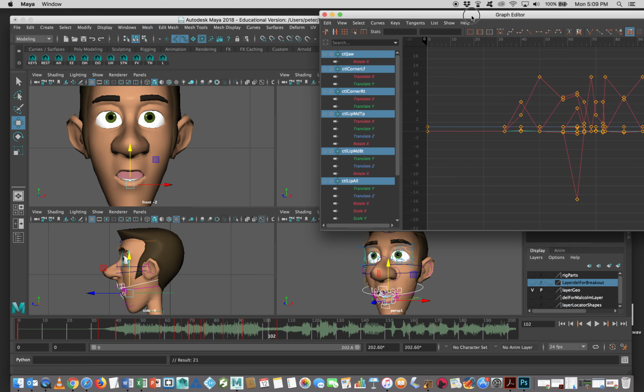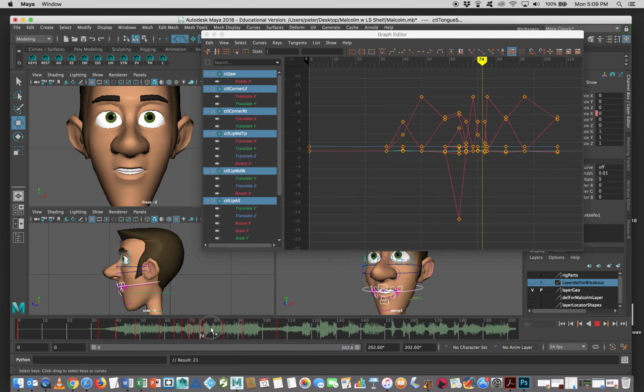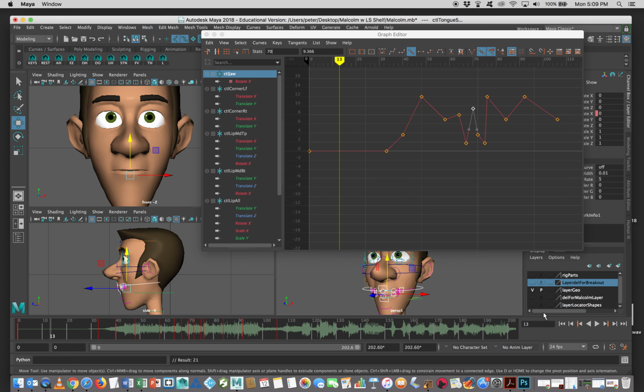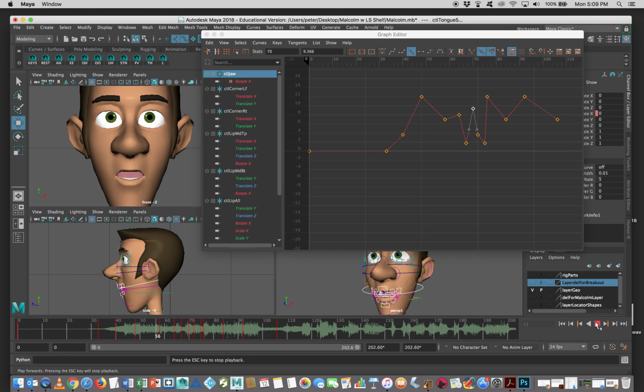And if a mouth is too far open, so if I've got two mouths holding a shape, say I think that ah is too wide, I'm just going to work on how wide the mouth is open. So I'll pick that, hold down the shift key, and just close it up a little bit so it doesn't pop. Okay, so if I watch that again. Yeah, you guys are. Okay, so again, it's a way of controlling